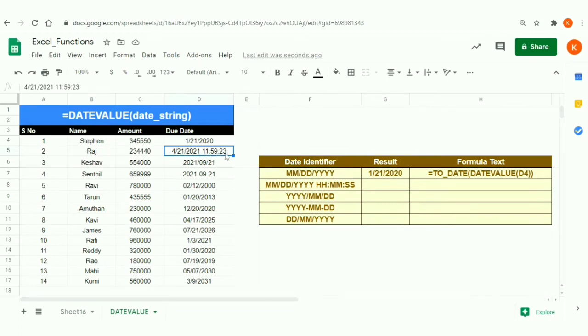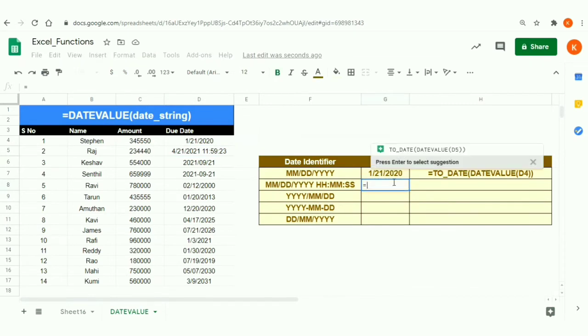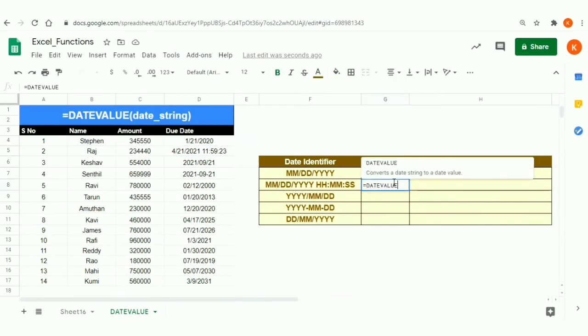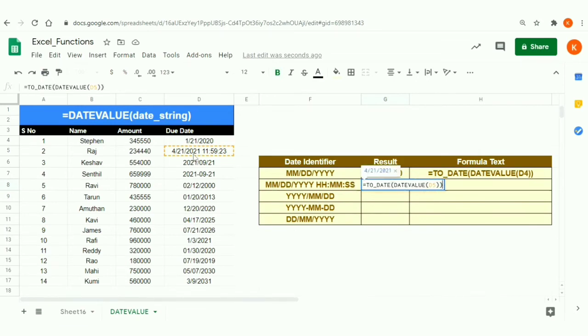I'm going to convert that into the defined date format by using DATEVALUE and mentioning that exact due date of Raj. If you enter that, you can see the result as a date value, and using that TEXT function. Here you can see TEXT of DATEVALUE of D5. DATEVALUE of D5 is nothing but a date number, and it got converted by TEXT.